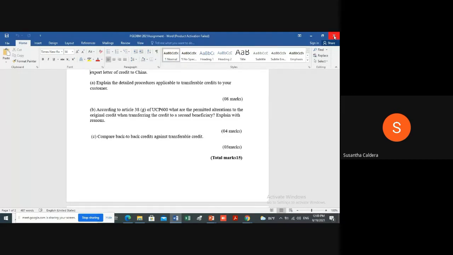Make sure to compare back-to-back credits against transferable trades. I have given you the comparison. So if you are going to put that straight away, හොඳ නෑ නේද? ඉතින් ඒක